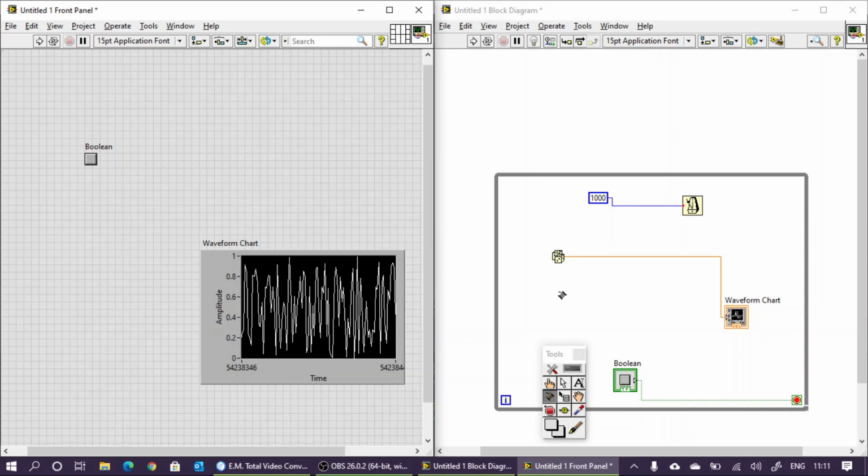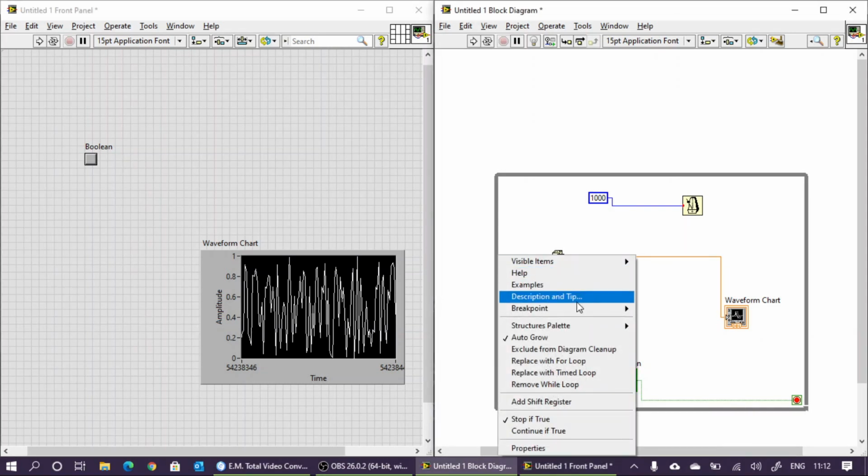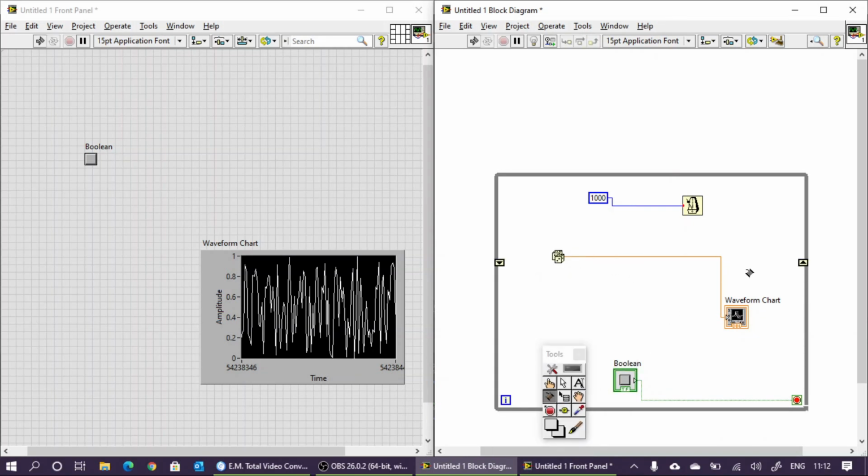So here I am using 4 taps. This is one value and the previous 3 values. So for the previous 3 values, we need to store this value. So click on this frame, the left frame. Now click the right button. Here you can see add shift register. So that shift register is added.